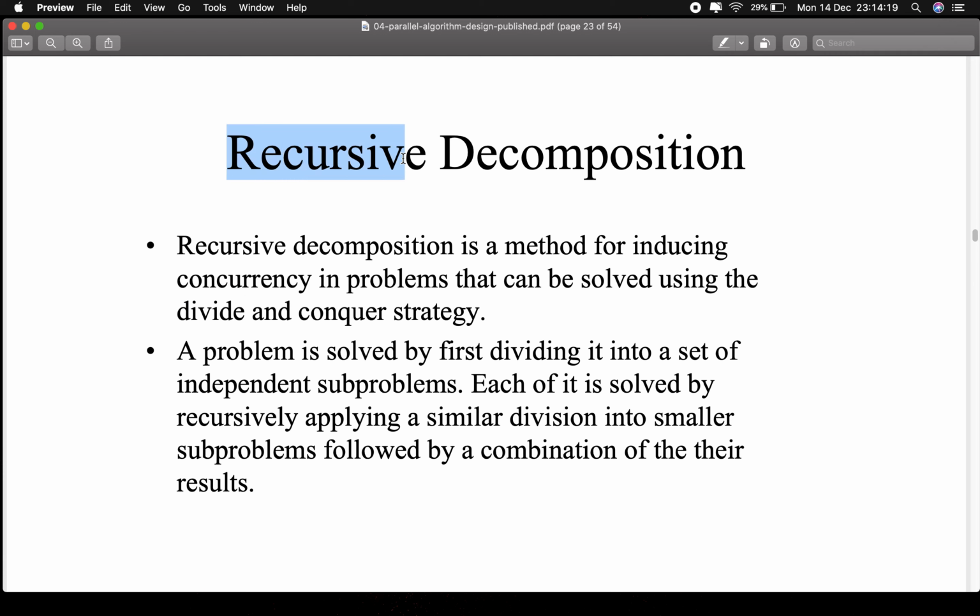So this is under recursive decomposition, where a problem is solved by first dividing it into a set of independent subproblems. So first of all, the keyword for recursive decomposition,